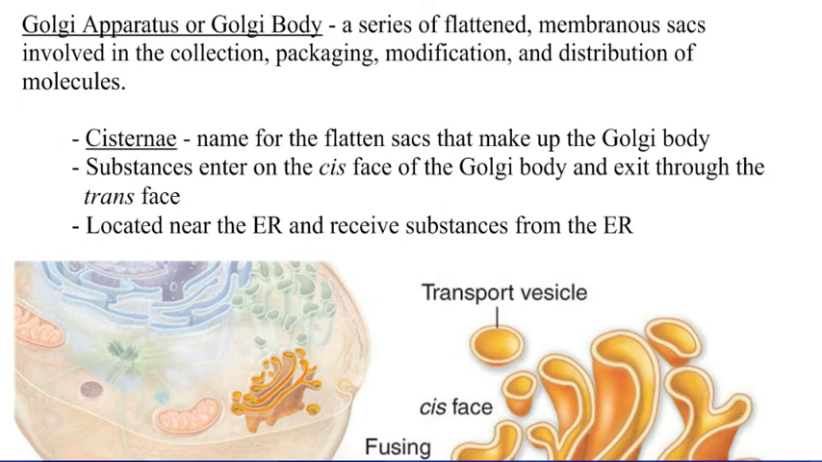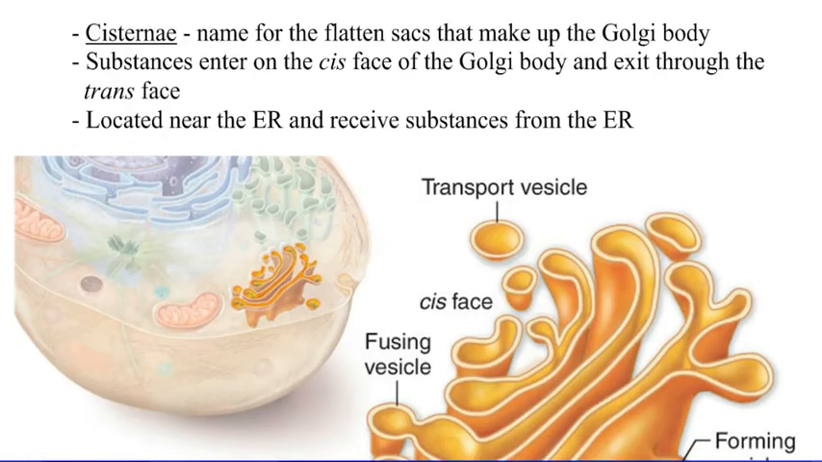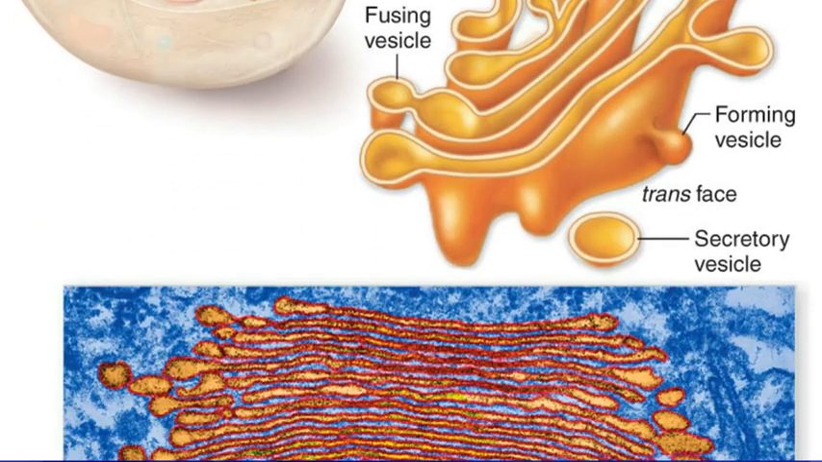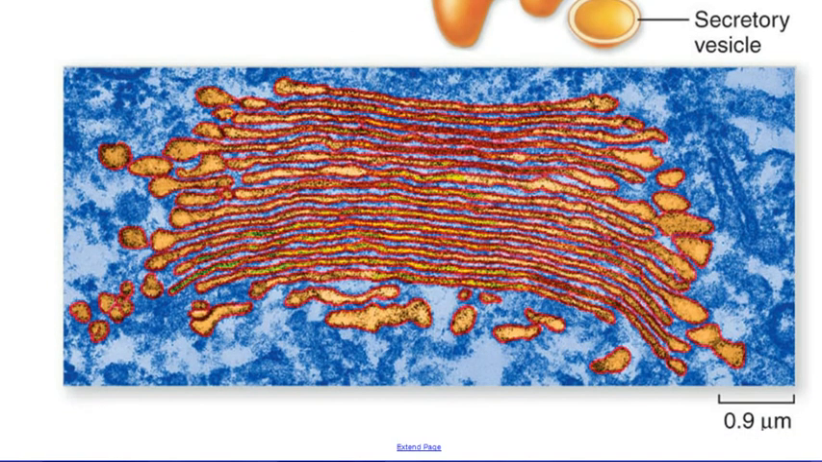The name for the sacs that make up the Golgi apparatus, by the way, are called cisternae, and might have something to do with the school Cistercian. You'll just have to look that up. Here's an electron micrograph. Again, fake color here. The colors are really pretty, but they're not this color. And this is the cytoplasm of the cell here, and you can see this series of flattened sacs. That's the Golgi